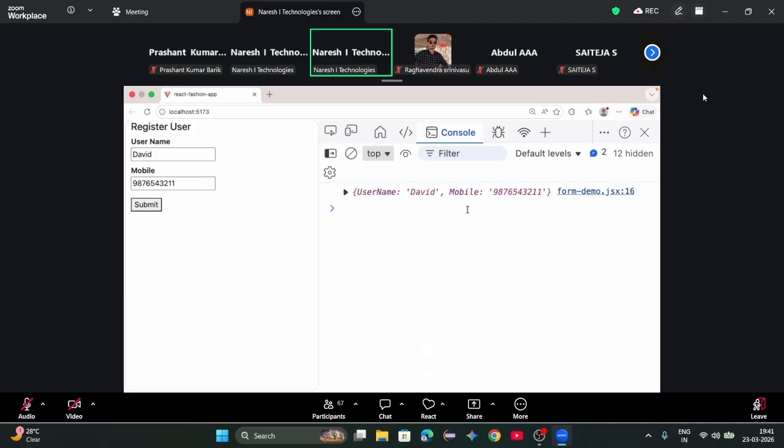This is the actual way how we can access data from a form. And this is very complicated. That means if you have to collect data from every element using an event, that's very complex. That's it. Observe carefully. I will show you